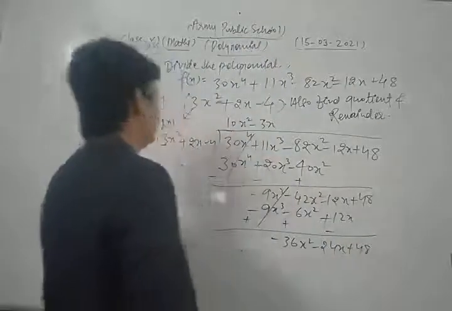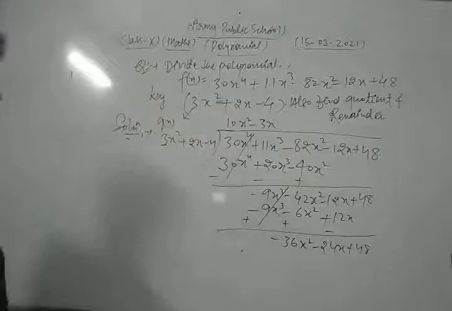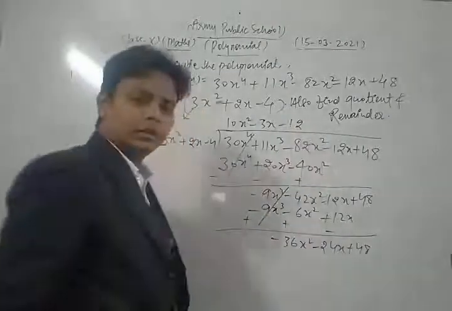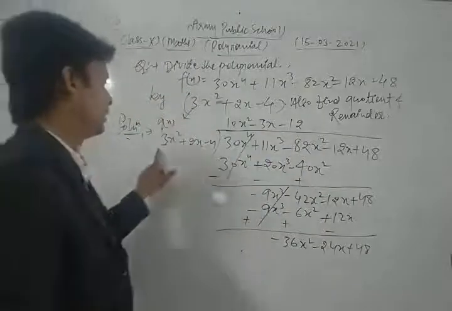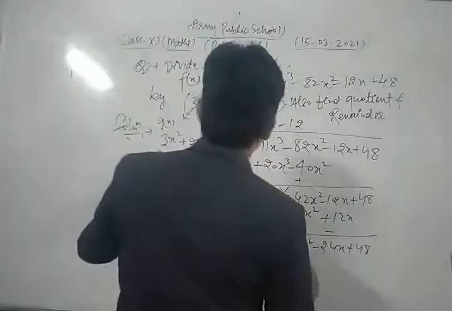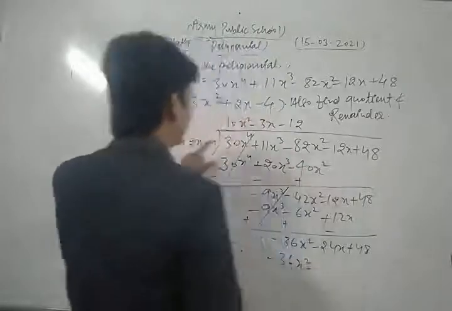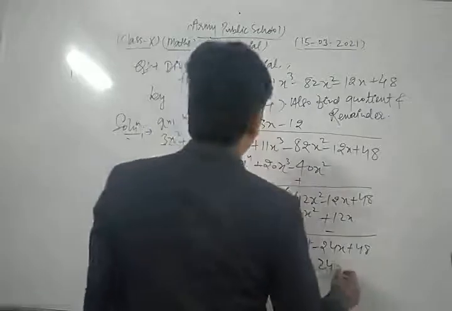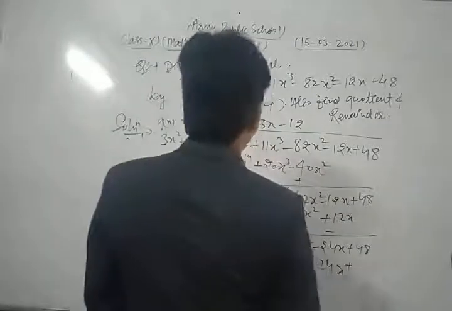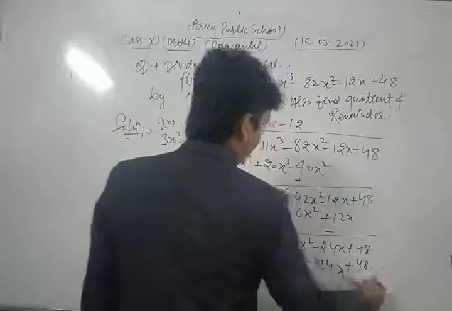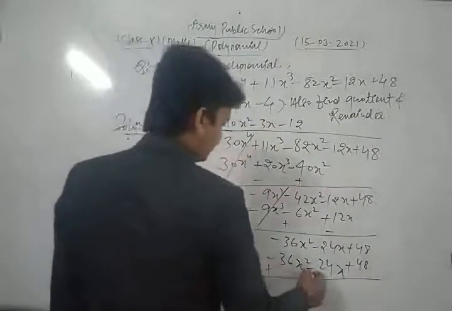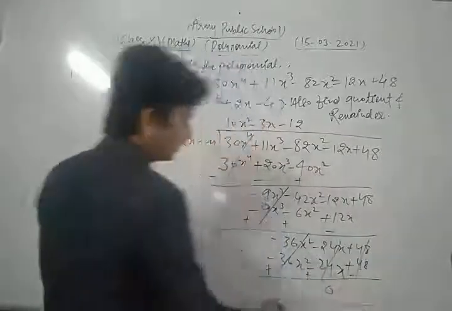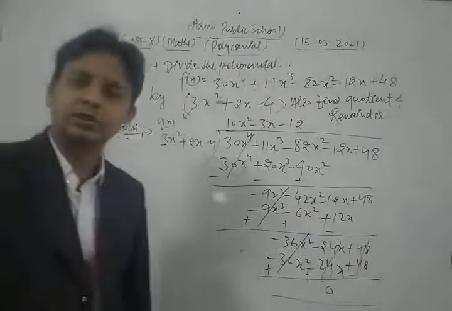That is it. Now we take 12 times. Okay. Now plus minus 12 times we take. Okay, so minus 12 3s are, this is minus 36x square. Okay, minus plus minus 12 2s are, this is 24x, minus plus, this is 12 4s are 48. Now this is convert plus minus. All are cancelled to each other.